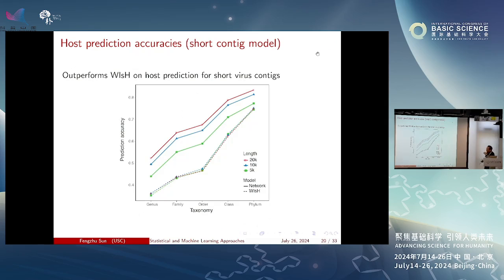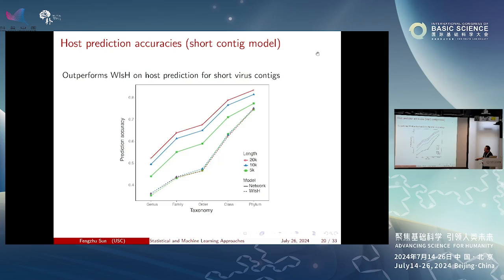So the other one that we studied is how the sequence length impacts the prediction accuracy. Here, we know that for context, you may not have the complete genome, and how your results will change if you have just the context, not the whole genome. We can see here, if you just use WIsH, it doesn't really change that much for the different